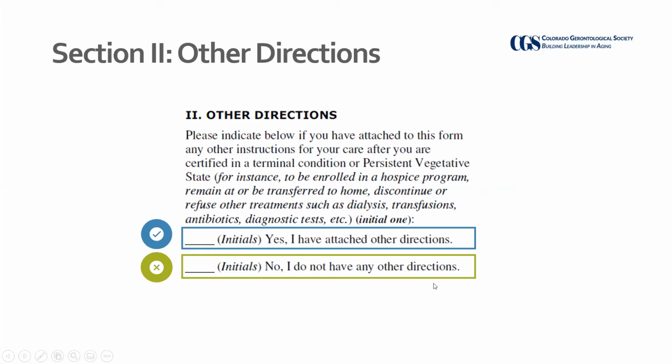So once again, completely up to you, but I know that this section is used when individuals refuse blood transfusions because of their religious practices and beliefs. So this is an option to document such things if that is your case, or if you have different treatments going on, such as dialysis or chemo or any of those things. So section 2 specifically focuses on that.